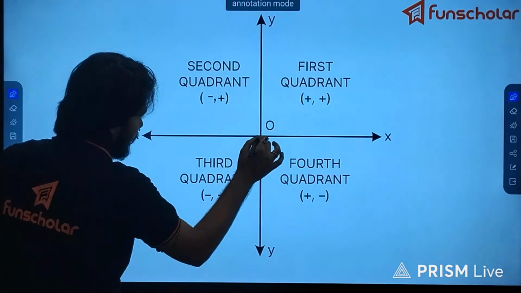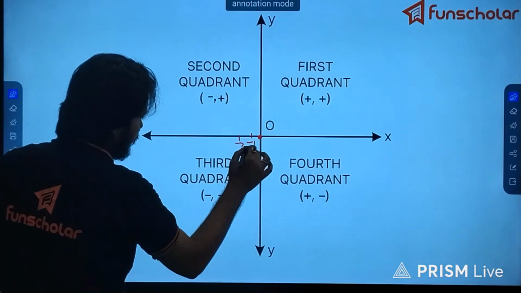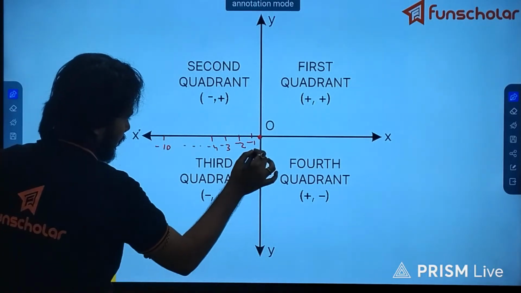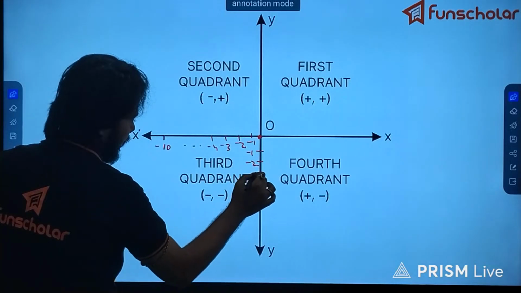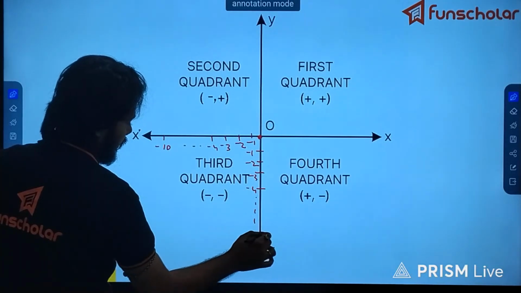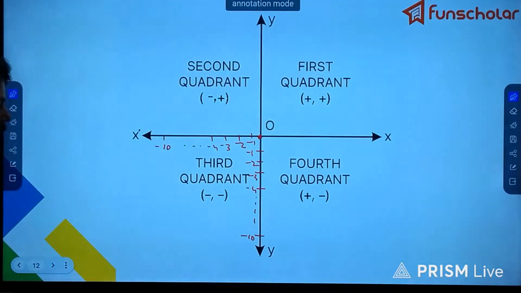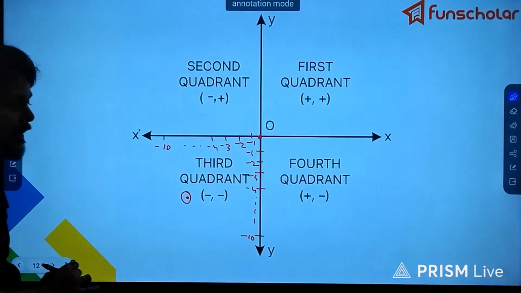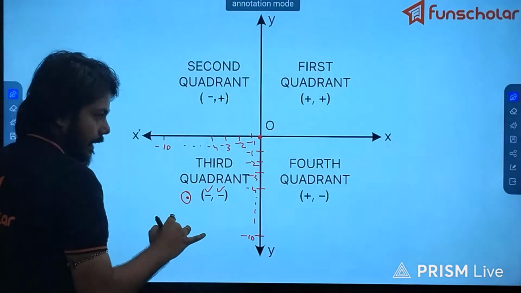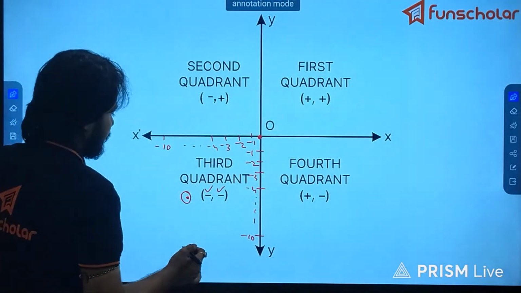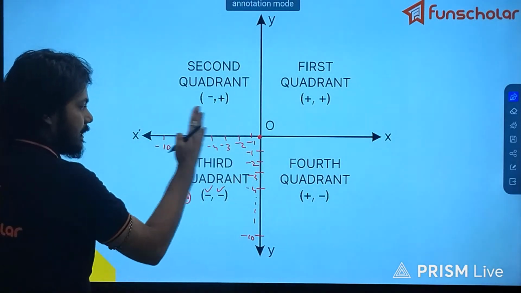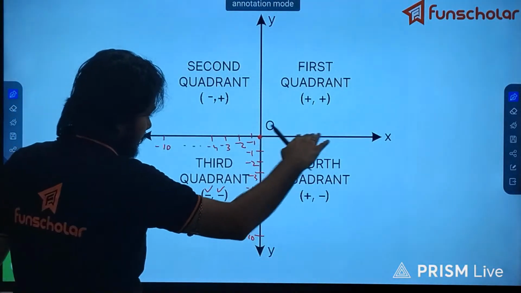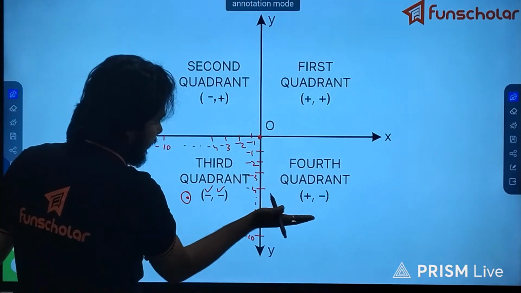Third quadrant, as you can see, this is -1, -2, -3, -4 and so on. Suppose -10. As you can see, any point that lies in the third quadrant will be both negative. The abscissa and the ordinate both will be negative. Negative, negative. Left side denotes negative, and I have said that any point that lies below this x-axis will